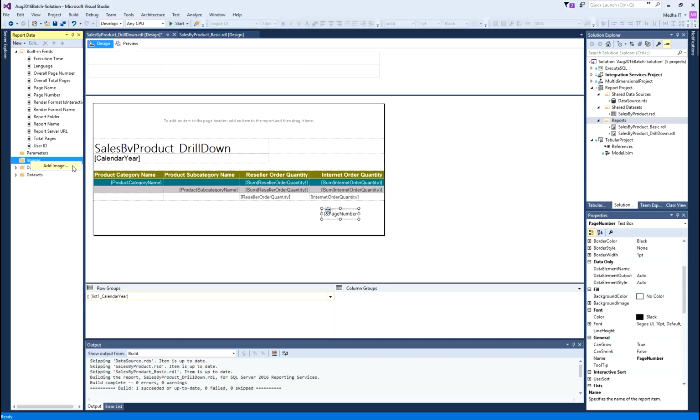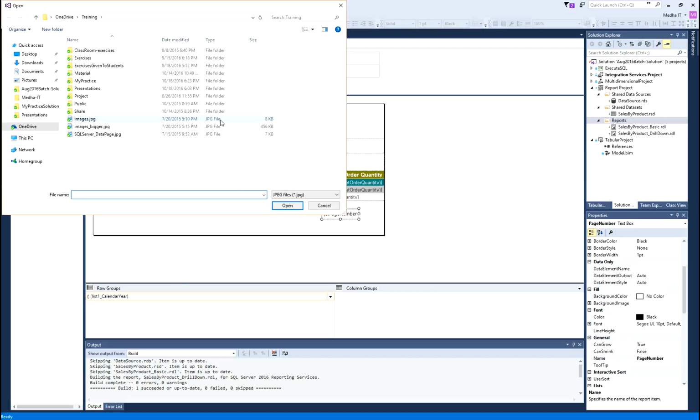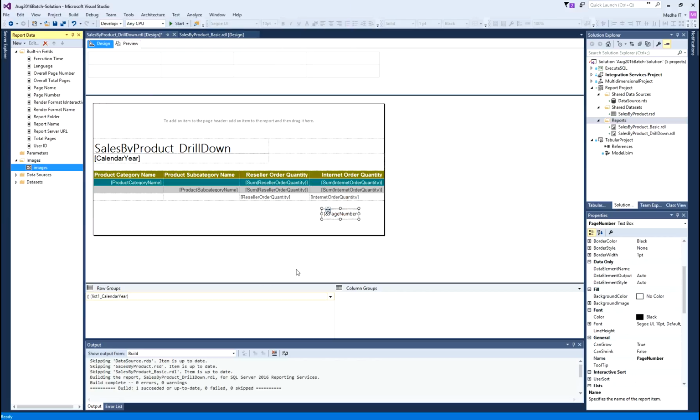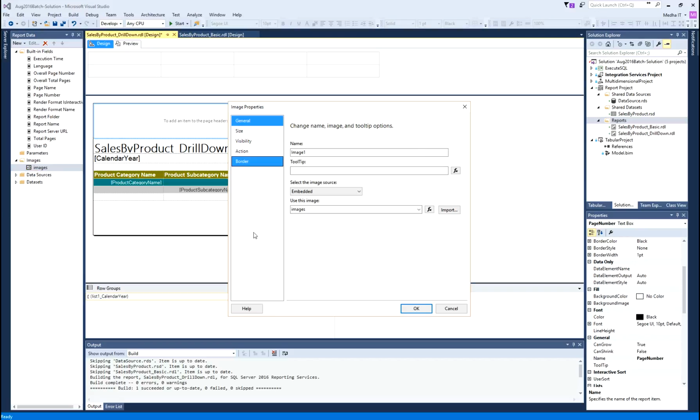For example, let's say I want to add my image, some logo. So I added this image and now I want to add it to the header. I will drag it here to add the image and I will say image name embedded. These are all the properties of the image.